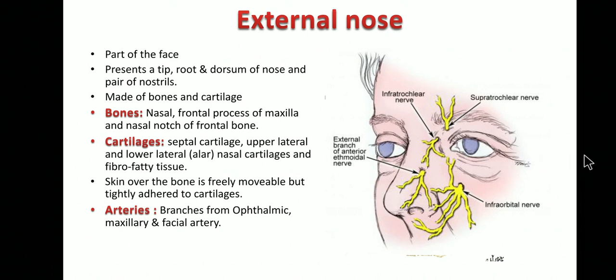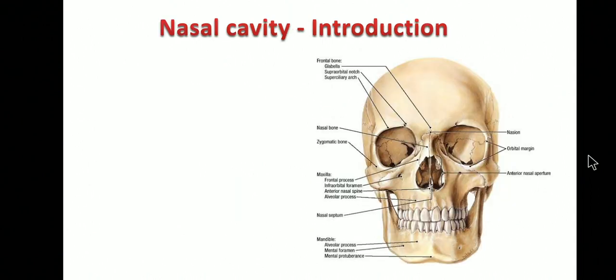So these are the nerves which are mainly supplying the external nose. Now let us pass on to the nasal cavity. Here you are able to see the nasal cavity, and it is divided by the septum in the midline into two halves, not equal halves, by the nasal septum,